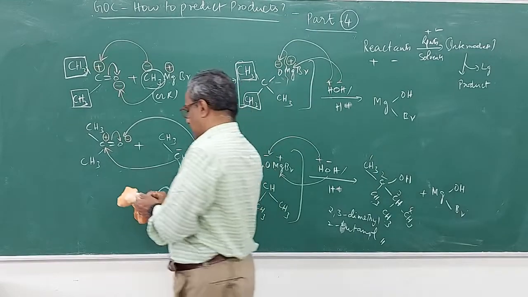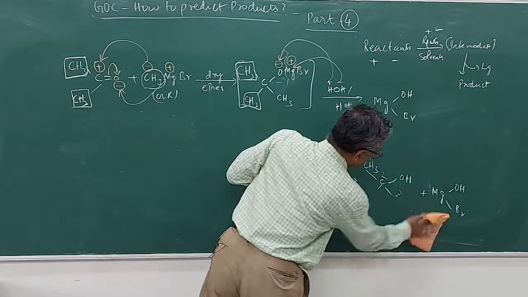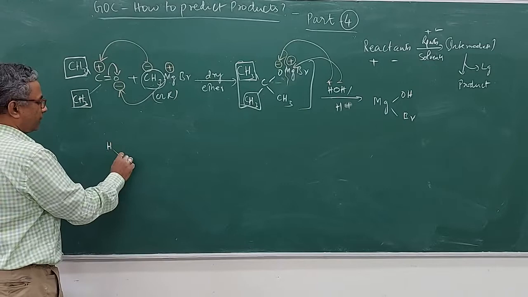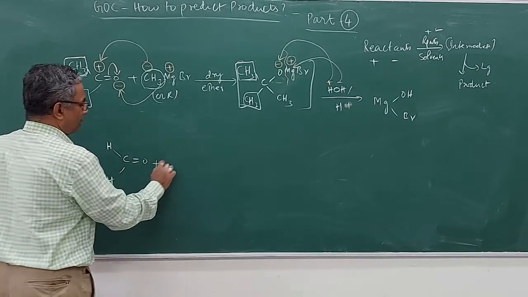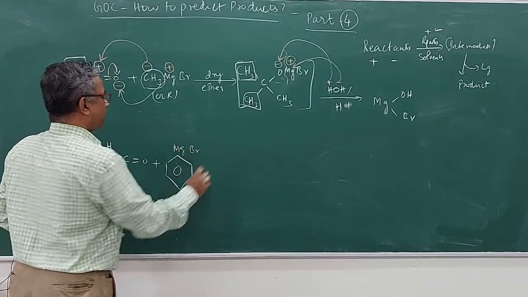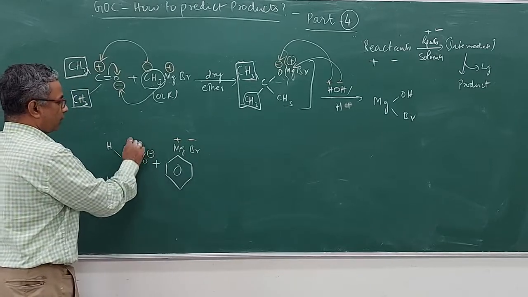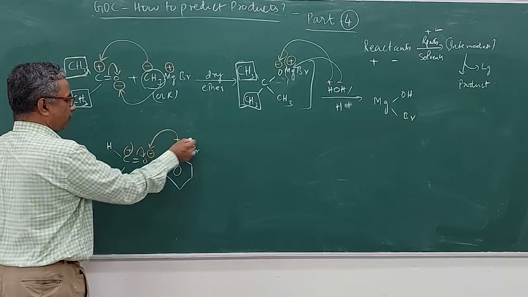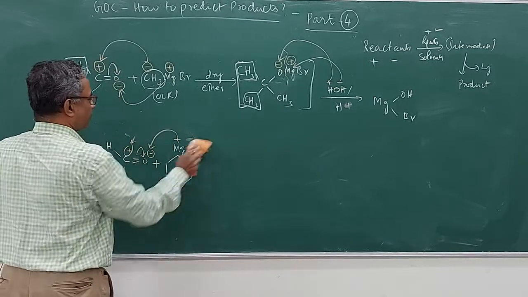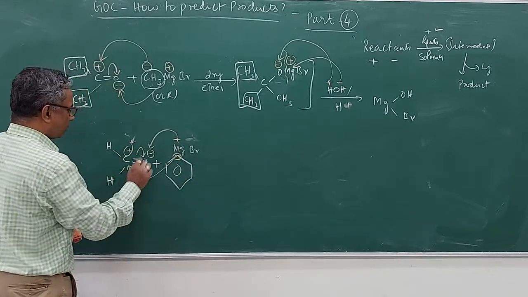You can also take an aromatic compound. I will give you one more example. Let's see one aromatic compound and how it works. Suppose you take methanol and treat this with phenyl magnesium bromide. So you will have plus minus, minus plus, so this plus will come here and this minus will come here. Actually this is wrong. We should have put the minus on the carbon position here. So this carbon minus will come to this carbon.